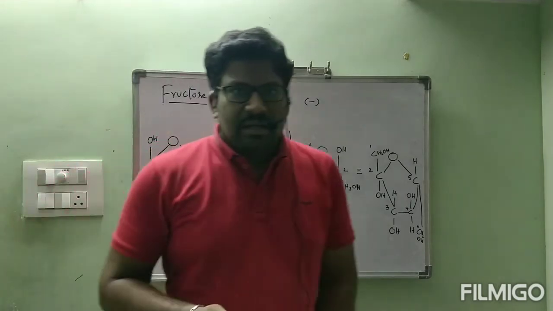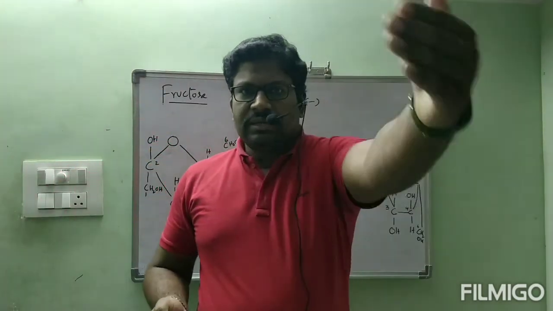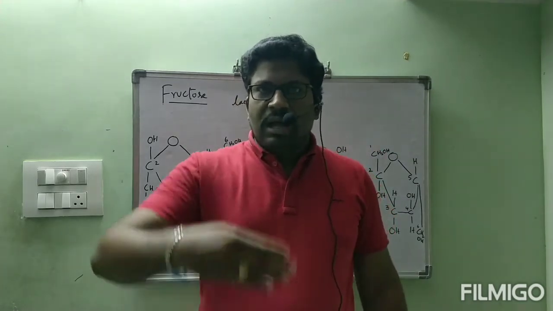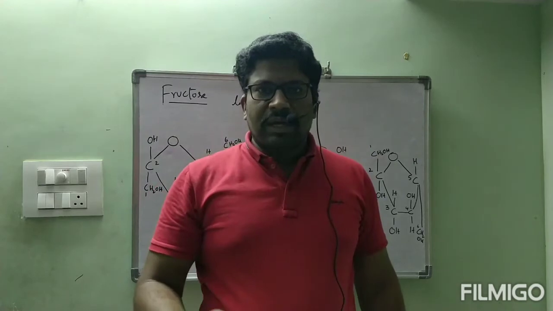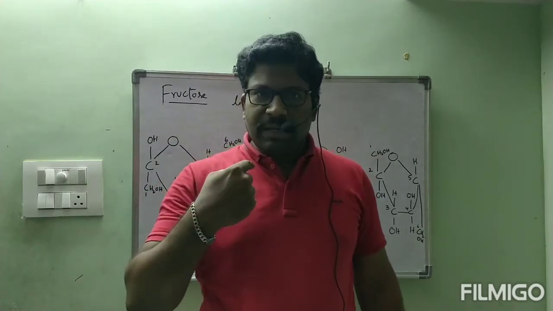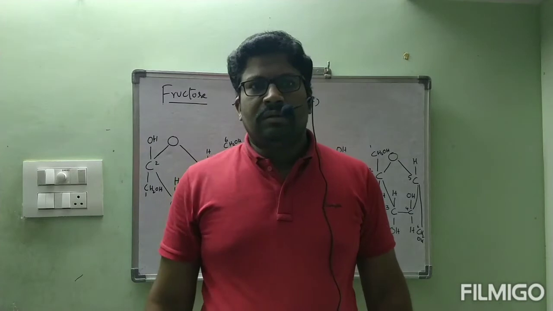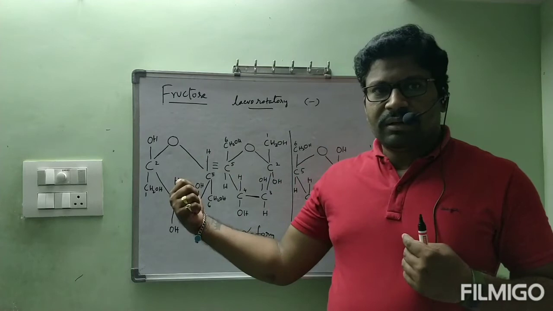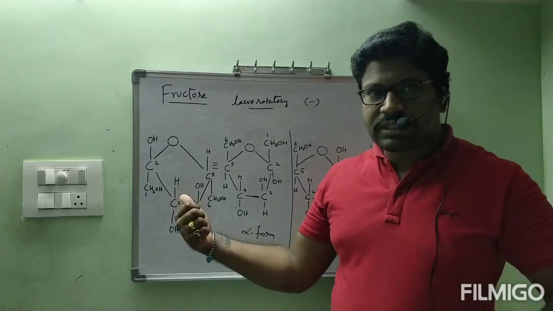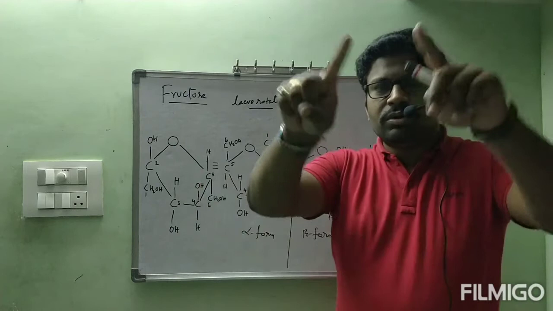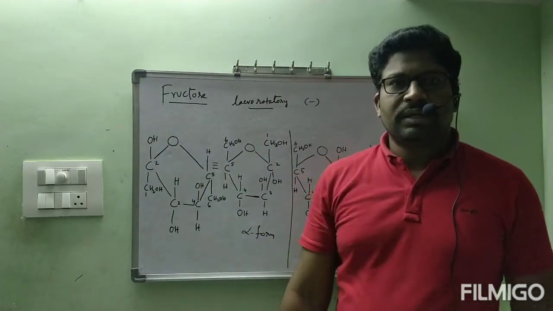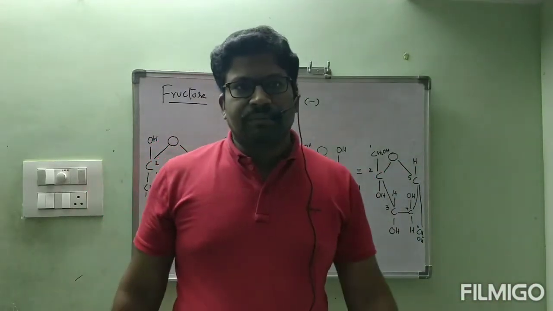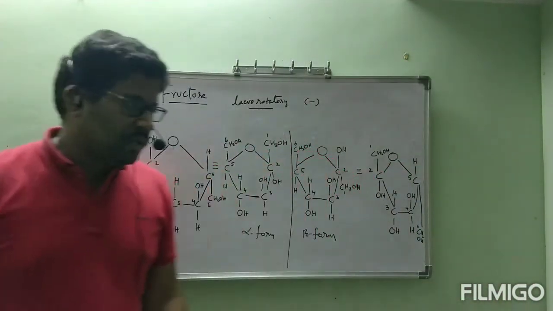I am standing here, I already explained, no? You are seeing from that side and I am seeing from this side. In between you and me, I have that fructose molecule. For me, it is above the plane. For you, it is below the plane. So if I draw the structure, it will be like this. If you draw the structure, it will be like this. But we are seeing the same molecule, that's why both molecules are same. Here also both molecules are same. This is about fructose.